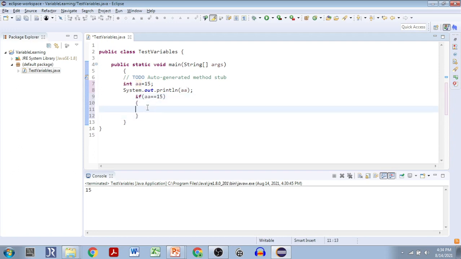Then we'll define another variable, which is double the value of AA. Yes, now let's see, can we print the value of BB or not?